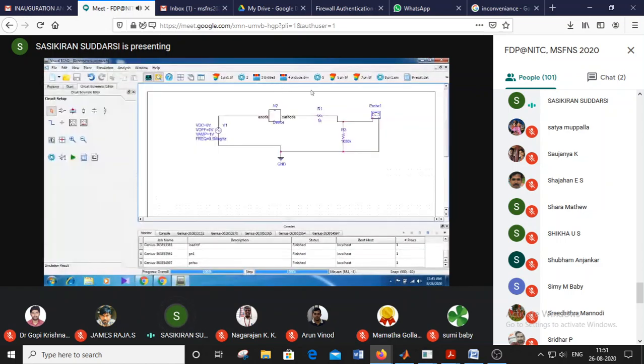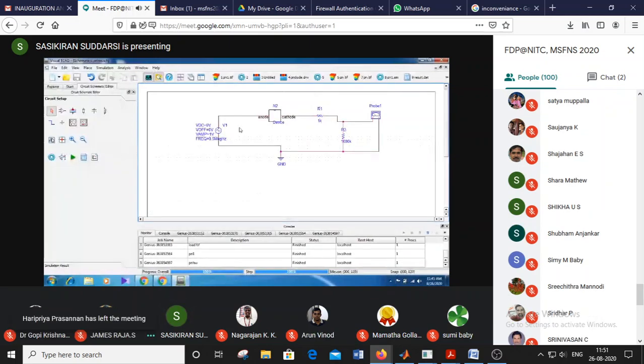So here we need to see the input voltage, that is V1, and the output for probe 1. So input we need to see at V1 and output at probe 1.